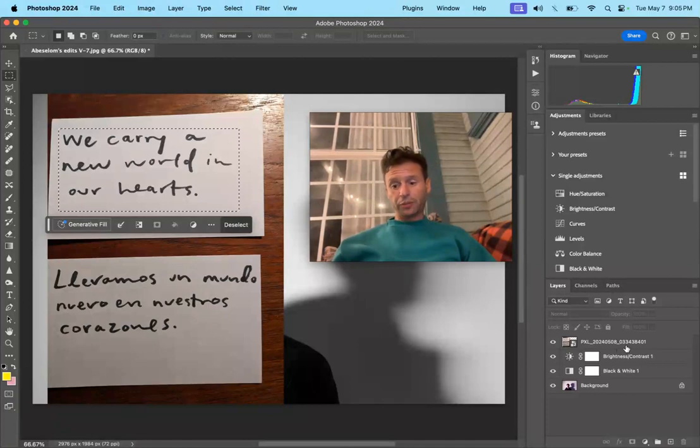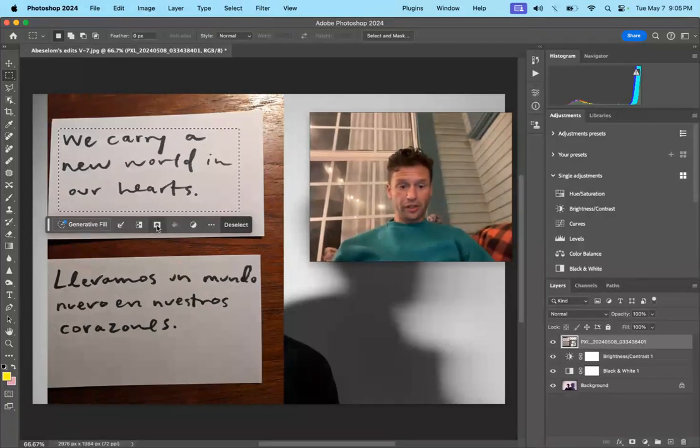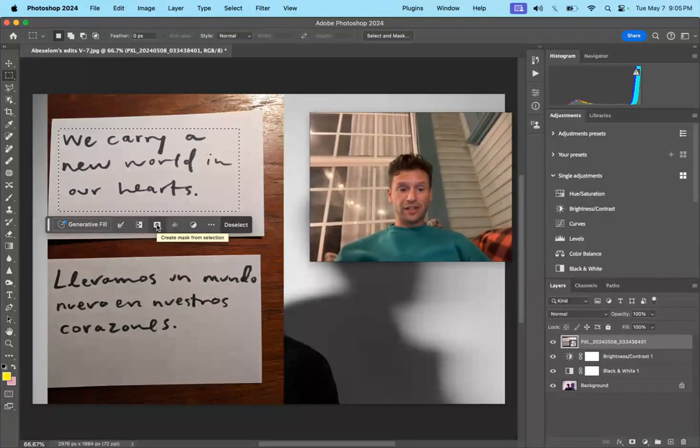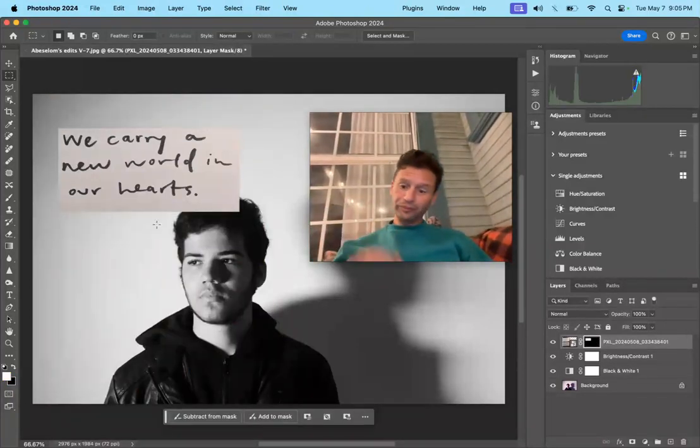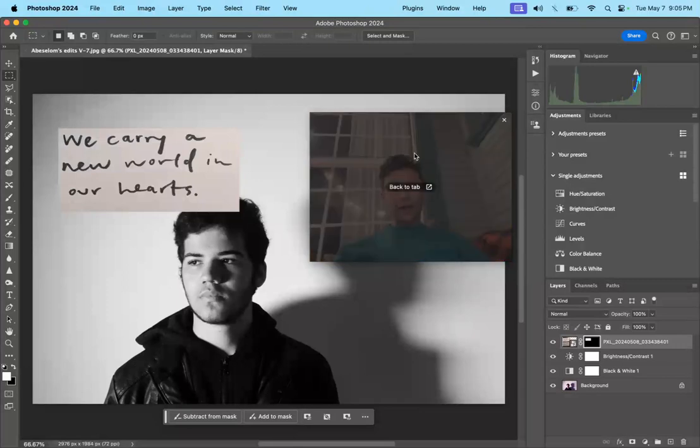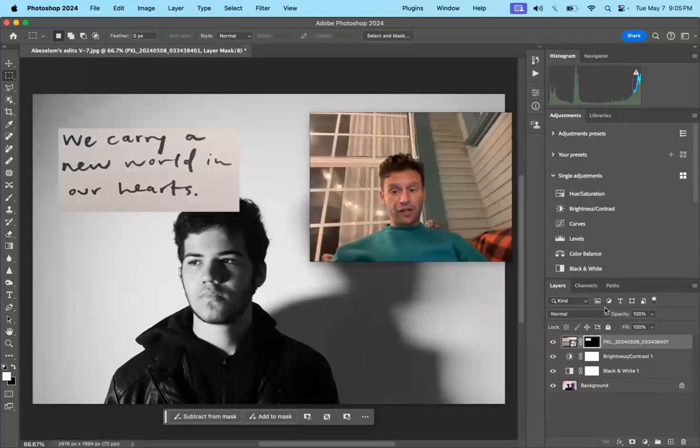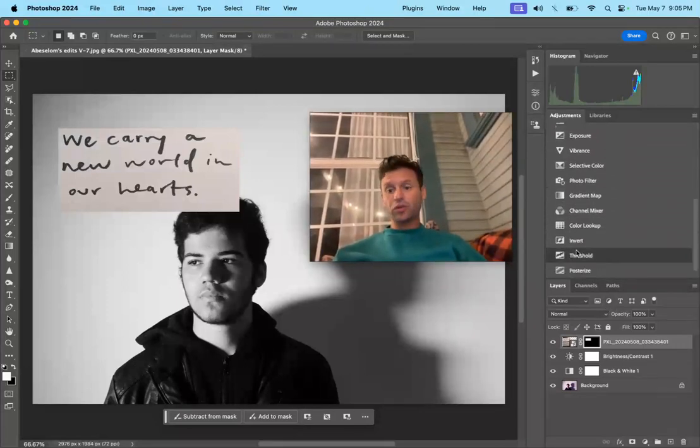area around the words like this. I'm going to make sure that I'm clicked on the layer of the picture. So that's this one. You can see right here is the picture. And then I'm going to click on this button right here, which is called a mask. And that's going to get rid of everything else. There we go. Okay. Now, after I have done that, I'm going to click on this tool here called threshold